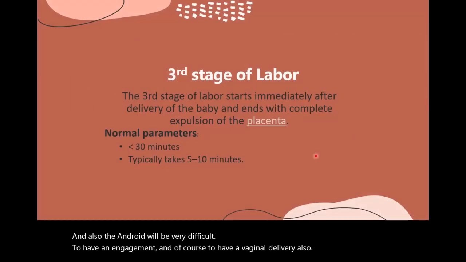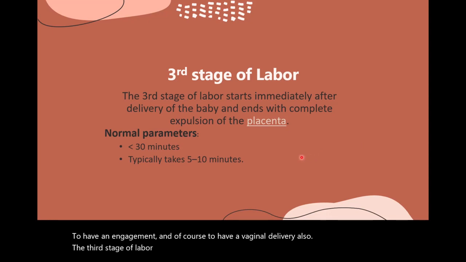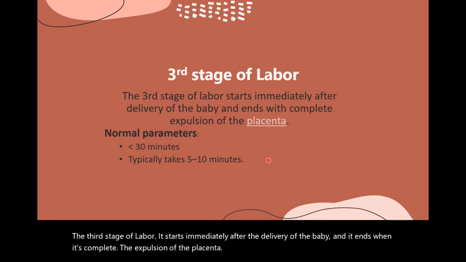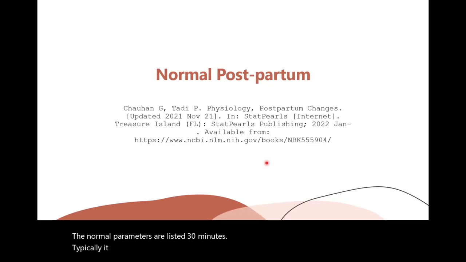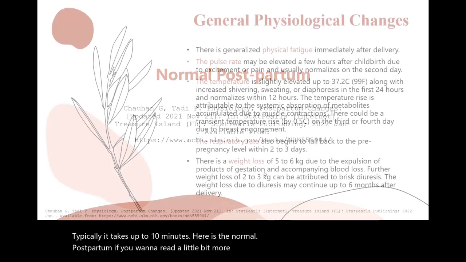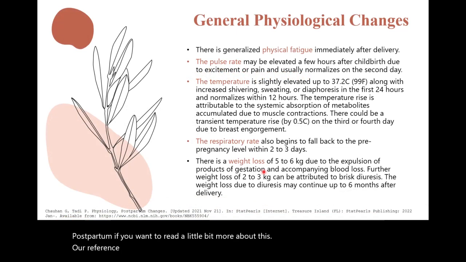The third stage of labor starts immediately after the delivery of the baby and it ends when it's complete the expulsion of the placenta. The normal parameters are less than 30 minutes. Typically, it takes up to 10 minutes. Here is the normal postpartum, if you want to read a little bit more about this reference. And the following slides are the general physiological changes. After delivery, everything should go back